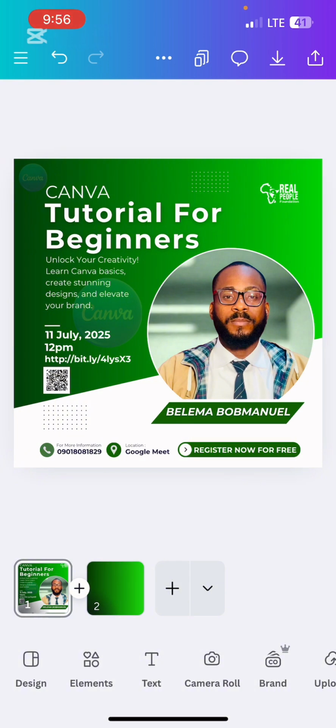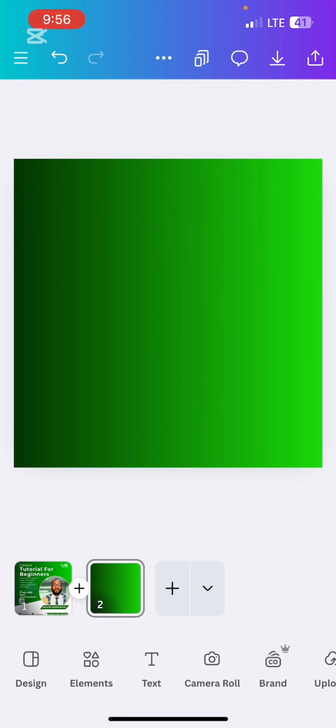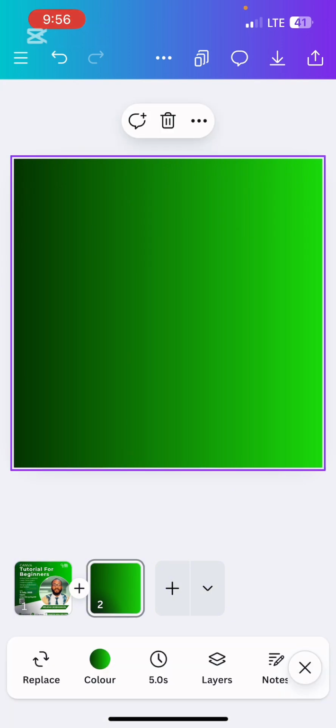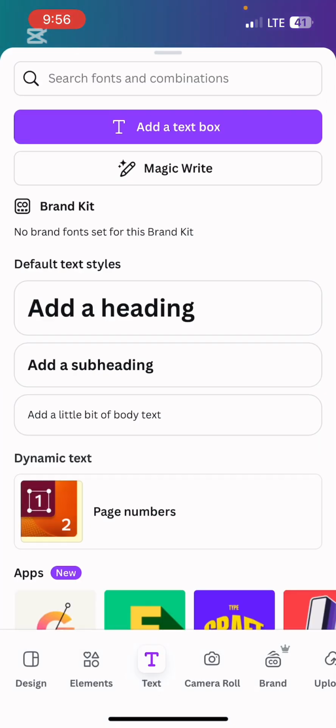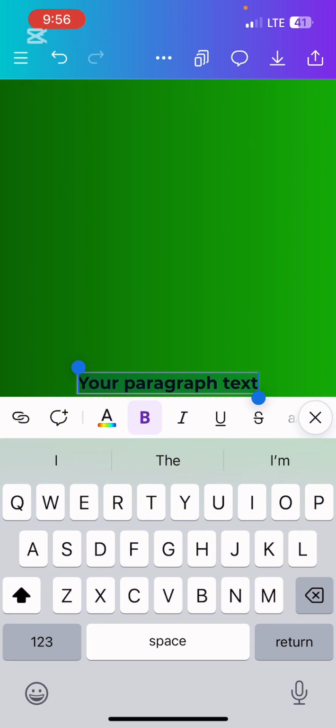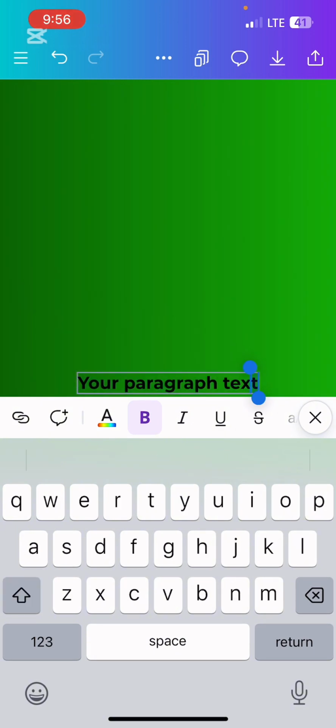Now let's start with dropping text before we go for the pictures. Now we would have to do some copy and paste so we can meet up time. Before you drop a text, you need to click on your text tool. After elements, we'll go to elements, but before that, let's drop a text. You click on the text, add text box. As you can see,